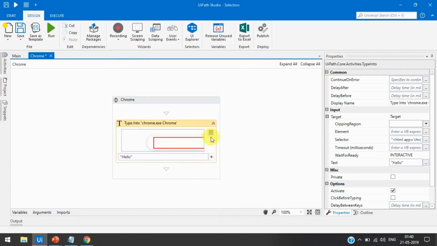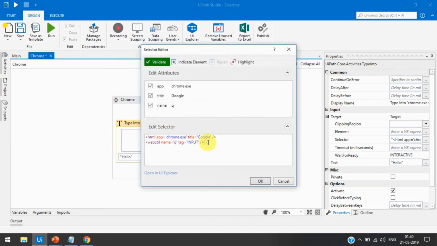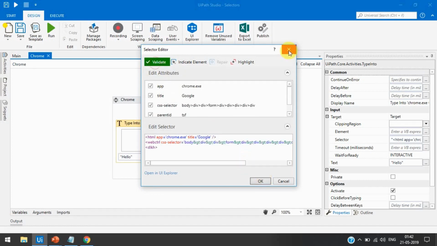But what happens sometimes, if you are doing any changes here, right? Let's suppose I have just removed one space, then it shows that the selector is modified, so please click on validate. So if we click on validate, again it's showing in green color, it means selector is valid. We can again click OK and start working on that one.